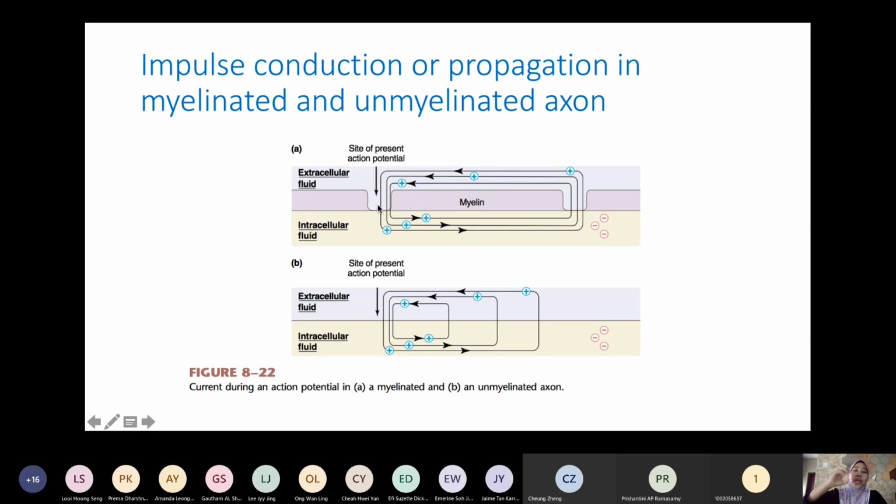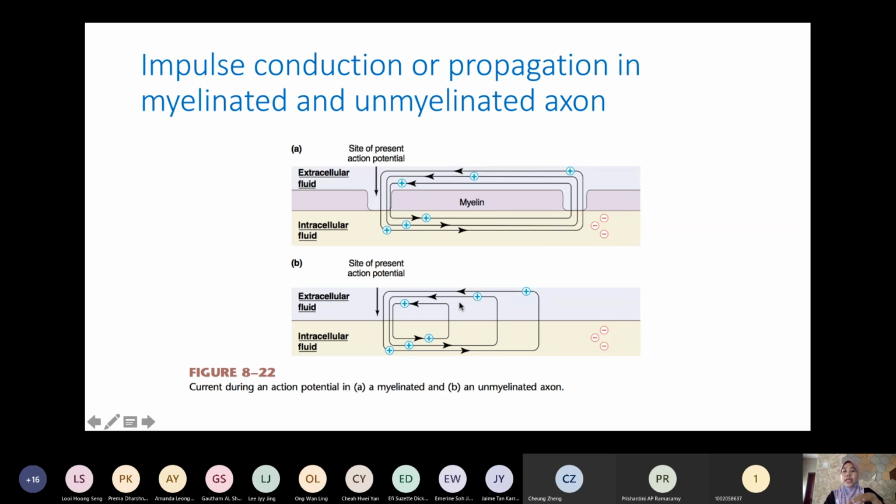So the pump itself only appears on top of the nerve membrane, the axonal membrane. The sodium and potassium pump is over here and only over here. So the movement of ions in and out of the pump only occurs at the nodes of Ranvier and does not occur in the myelin sheath. That's why the electrical current jumps from one node of Ranvier to another node of Ranvier.